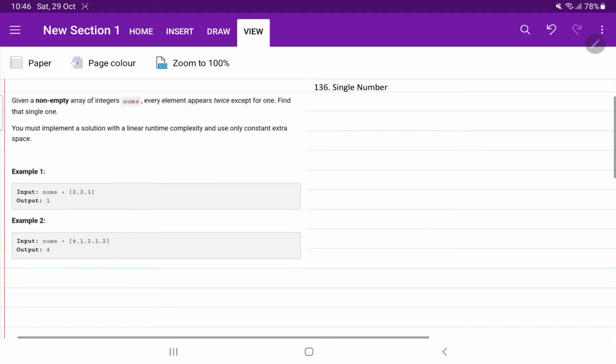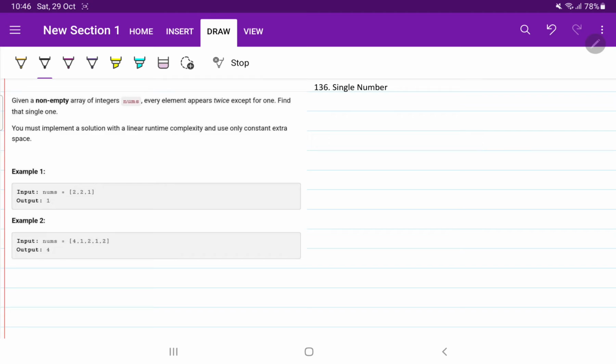Basic approach means, instead of a computer, if you are given the same problem, what will you do? Suppose the numbers given to you are 2, 2, 1, and once you have seen a number, you cannot look back at it. So what will you do? First of all you will see what is there, 2. You will memorize in your mind that 2 has come one time. Then you will come to the next number, and as there is a condition that you cannot look backward, you will memorize the thing.